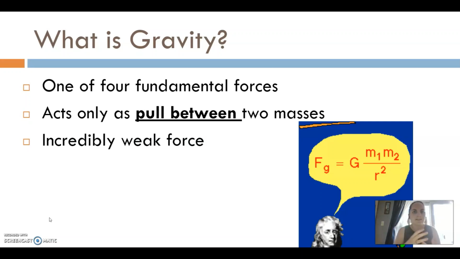Because everything is basically attracted to everything, right? I have a dog by my side right now. Well, that dog has mass. I have mass. So there's a force of attraction between those two objects. And so really, it's an incredibly weak force, right? Because this dog isn't coming towards me and I'm not going towards the dog. And so there has to be so much mass, there has to be so much distance in between. And honestly, what is G? What is this universal constant? Well, let's get into it.